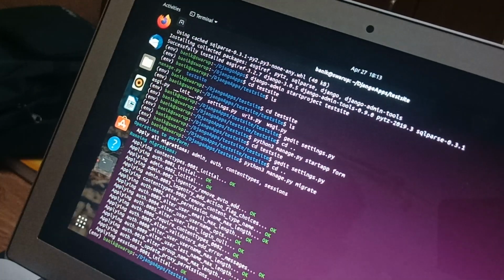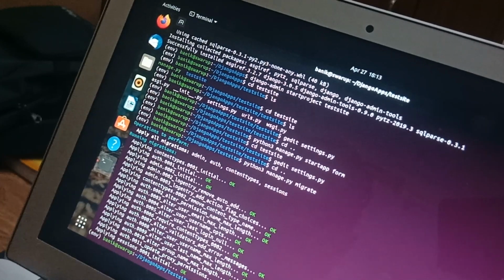Enter. After this, everything is okay as is shown. We will go to the test site form directory, cd form. We're clearing it out.